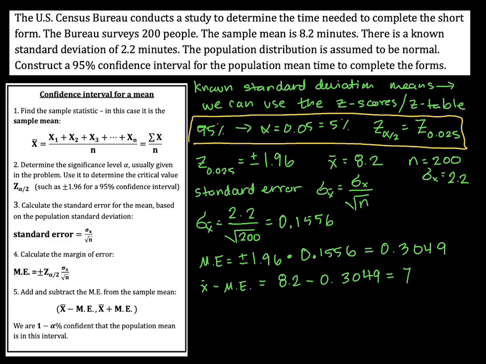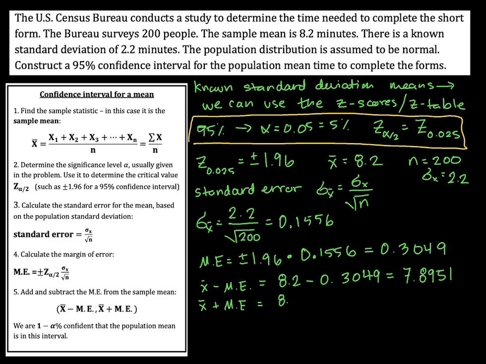That gives me 7.8951. I'm going to round it at the very end, and then I'm going to do the mean plus the